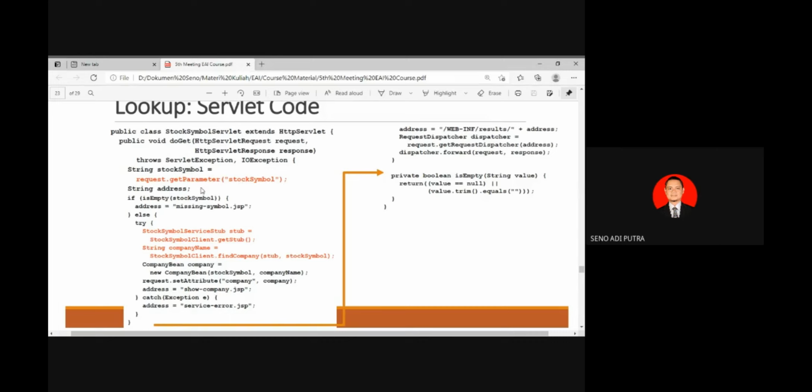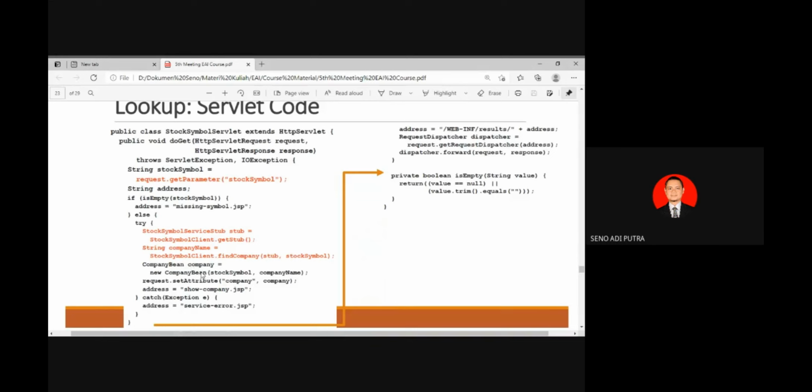And then you perform some algorithm here. It is the same as a regular Java client class, but we need to get started and then find the company here.